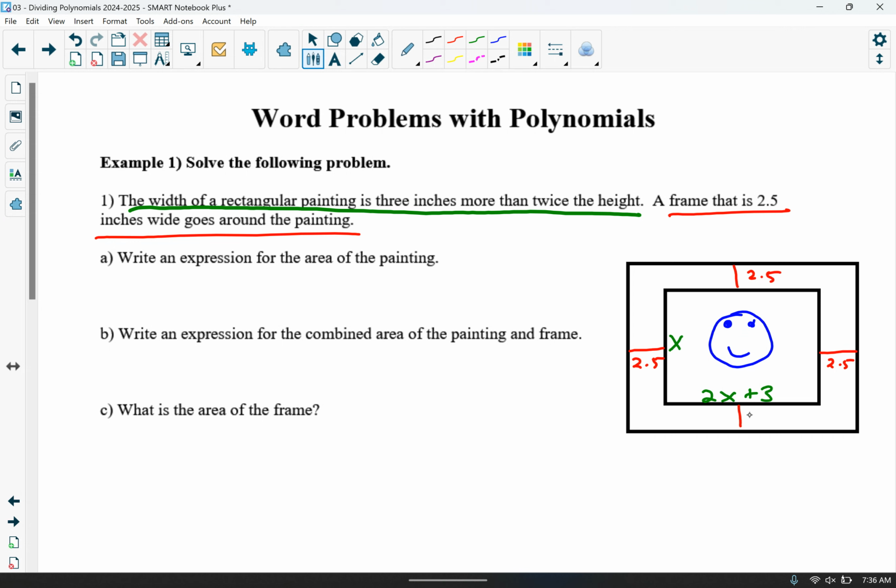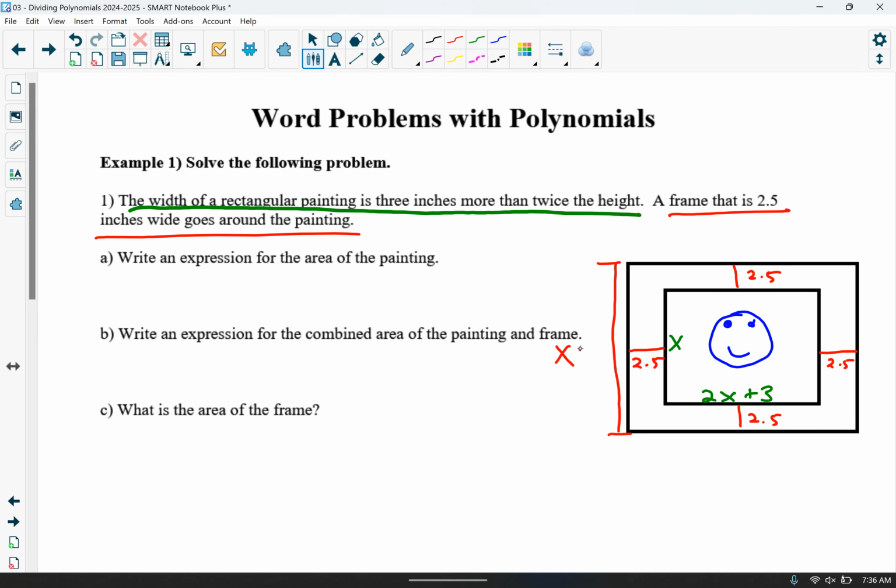And here to here is 2.5 inches. So if we look at that, we should notice that both the height is going to get 2.5 inches added, or a total of 5 inches, and the width is going to get 2.5 inches added, or a total of 5 inches, making our height, right, which would go from here to here,